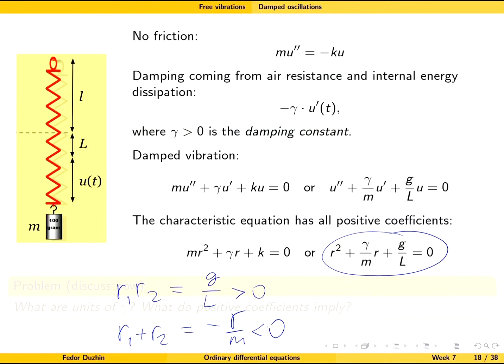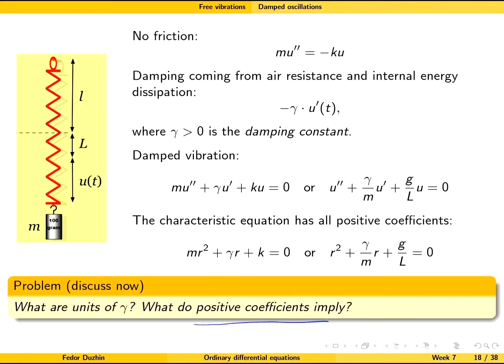If we have two complex conjugate roots, then when we add them together, the complex part cancels and only the real part remains, and the real part is negative, and at the same time the real part goes into the exponential function. So in any case, in our solution, we are going to have an exponential function with a negative exponent, which means that